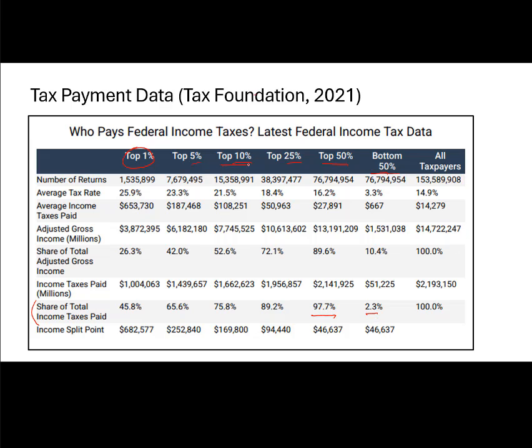We go to the top 10%, they're paying 76% by themselves. So that means 10% of the people are paying 76% of the taxes. Look at just the top 1%. These would be your multi-million dollar earners, and they by themselves are paying almost half, 46% of all the taxes paid. Okay, and you can see the number for that is given here as well. This is in millions, so that's $1 trillion. The top 1% of income earners are responsible for $1 trillion of taxes paid to the government.